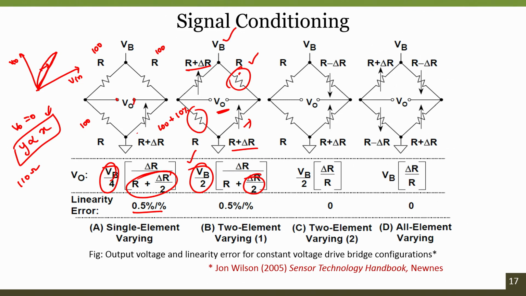But another topology we have is if we have one as a positive resistance change and another one as a negative resistance change. Which means R plus delta R, R minus delta R. The base resistance will remain the same, but one is a PTC, the other one is an NTC. For the same X load, if the change is of Y, in the first case it is adding with respect to the base resistance, whereas in the second sensor it is subtracting from the base resistance. Then it is said to be R plus delta R and R minus delta R, nothing but one is a PTC, the other one is an NTC.